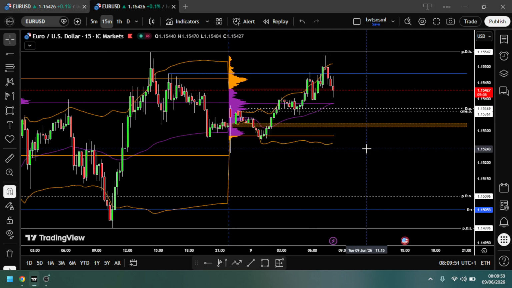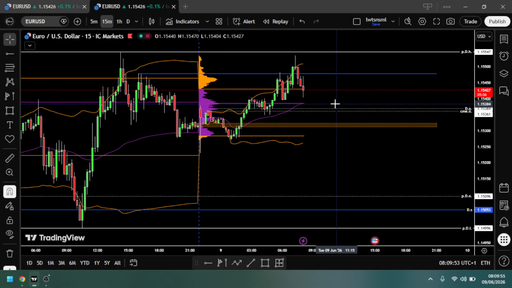But Euro does have some support that you should look out for. The VPOC and VWAP are now on the same level. Something to look out for. If we do bounce here at around 1.54, that will be where we're looking to enter, if we do bounce at VPOC and VWAP here. So we have the day open and the previous day open and semi open as well. It has been acting as support for a while now.